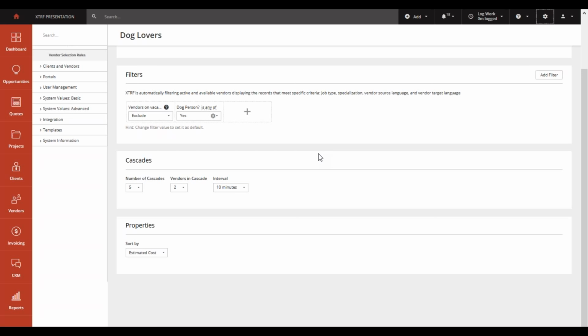Then you can add other filters, like we have seen here. The first one is vendors on vacation. You don't want to send the job offers to the vendors that are actually out of the job right now. They are somewhere abroad, let's say, on vacation. You don't want to have them in the offer taking the space of other vendors. And the other filter is if the vendor is a dog person. In this case, you can select it to be yes. So only dog people